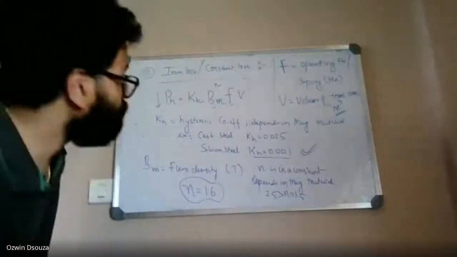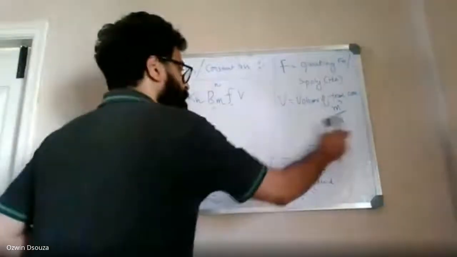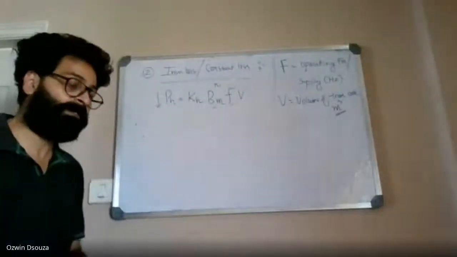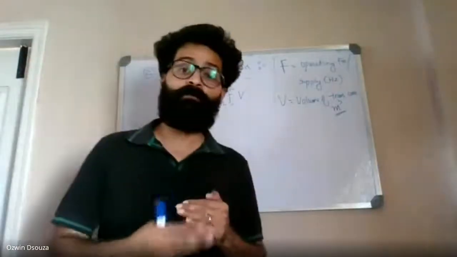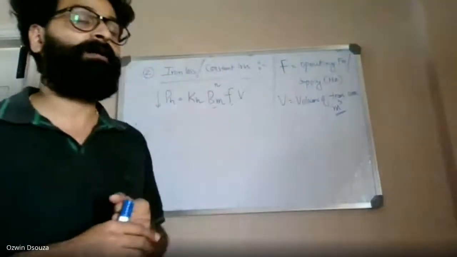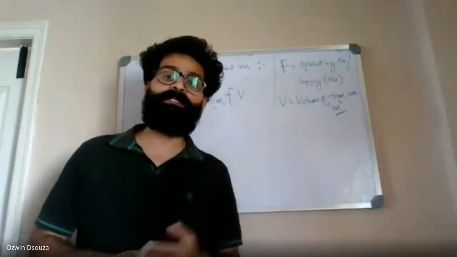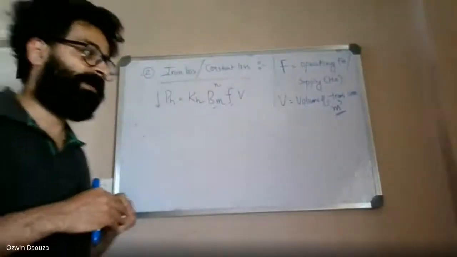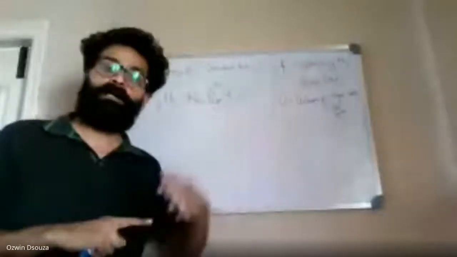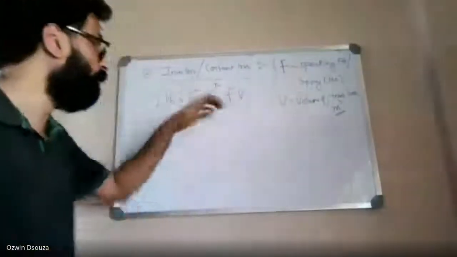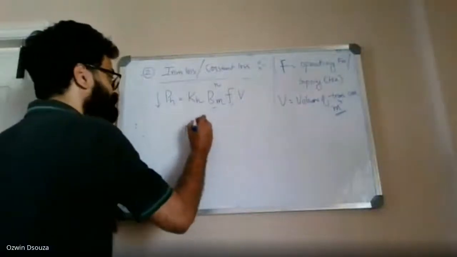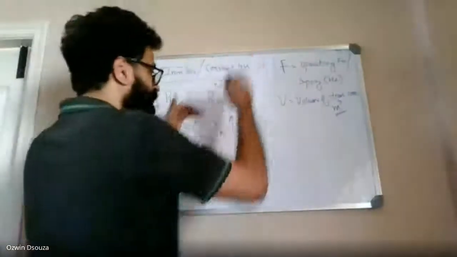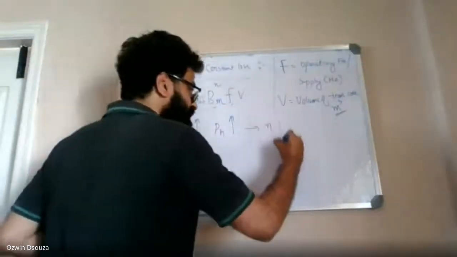Now, one very important observation you need to draw is about the operating frequency. This is one of the reasons why we are operating at 50 hertz. Why is electricity generated at 50 hertz? If you were to generate as well as transmit the power at a higher frequency, what would have happened? If frequency is high, your iron loss will also be high. So if iron loss starts increasing, your efficiency starts decreasing.